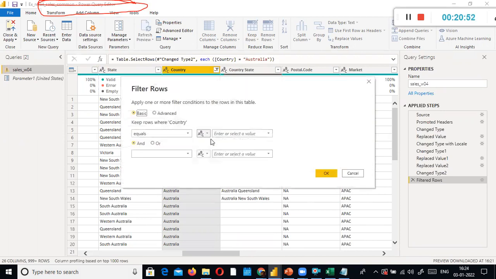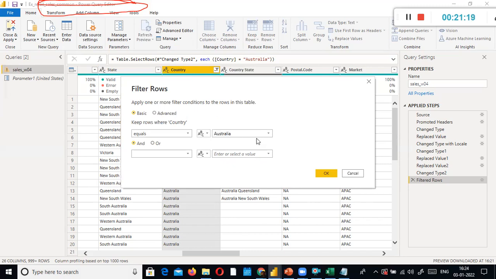Instead of selecting text, I selected ABC text, and then I hard coded Australia. No matter what you type in the edit parameter, even if I type United States, since you have hard coded Australia for this country column, for this condition only, it will filter the data. It will show only Australia data.